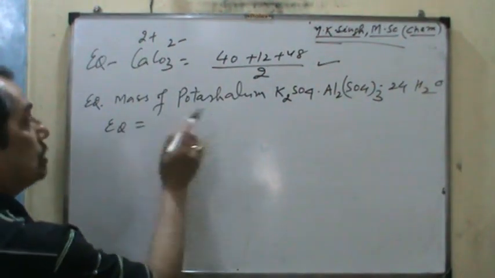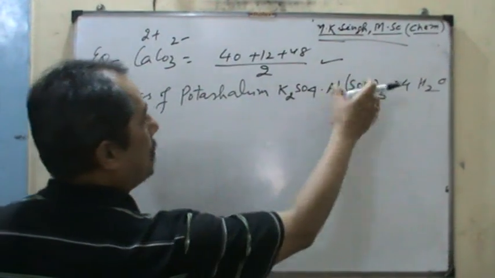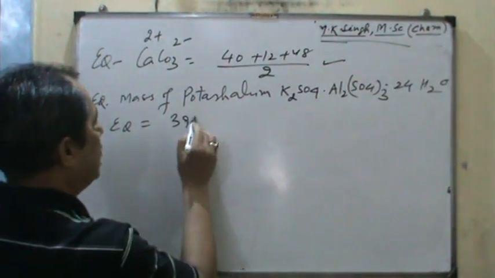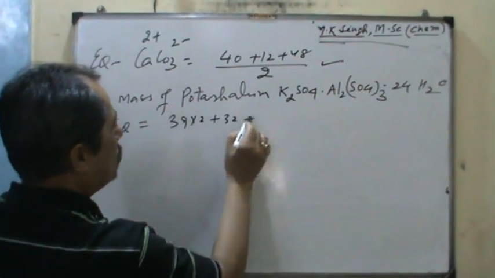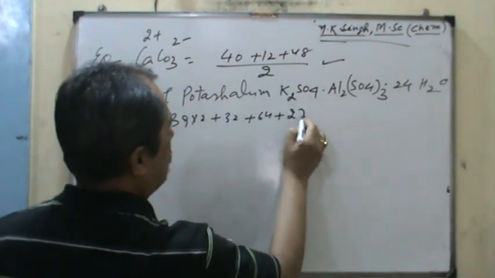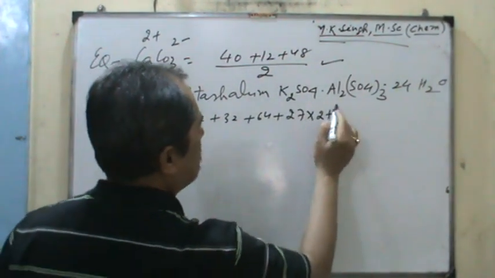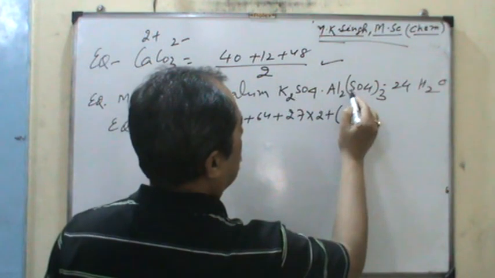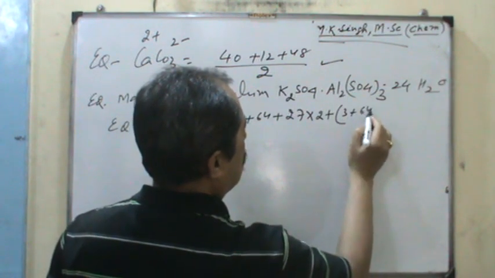So equivalent mass is equal to, let me apply the molecular mass, 39 into 2, 32 plus 64, plus 27 into 2 plus 32 plus 64 multiplied by 3, plus 24 into 18, divided by